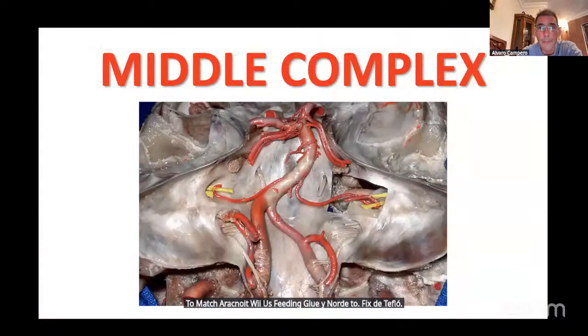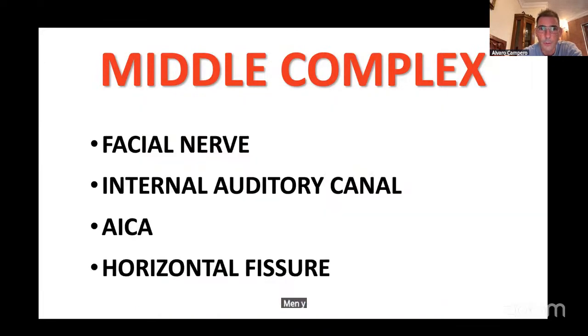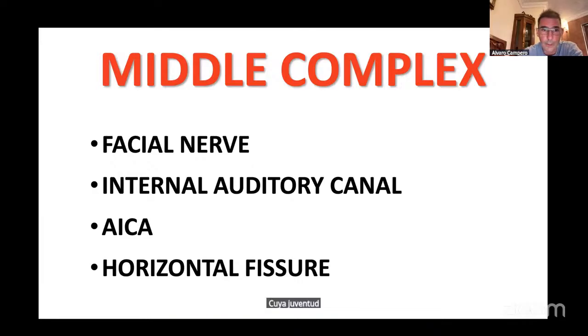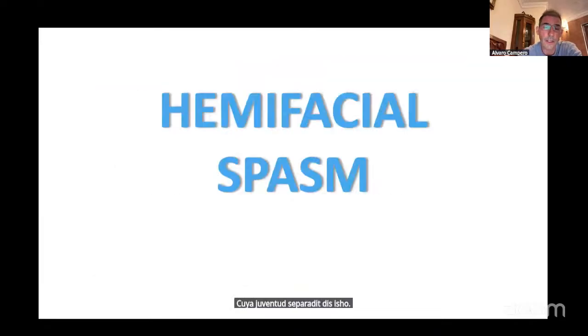Let's go to the middle complex. In the middle complex, we have many important anatomical structures: the facial nerve, the internal auditory canal, the ICA, and also the horizontal fissure. So we are going to separate this issue. In relation to the facial nerve, the most common pathology is hemifacial spasm. After trigeminal neuralgia, it is the second most common